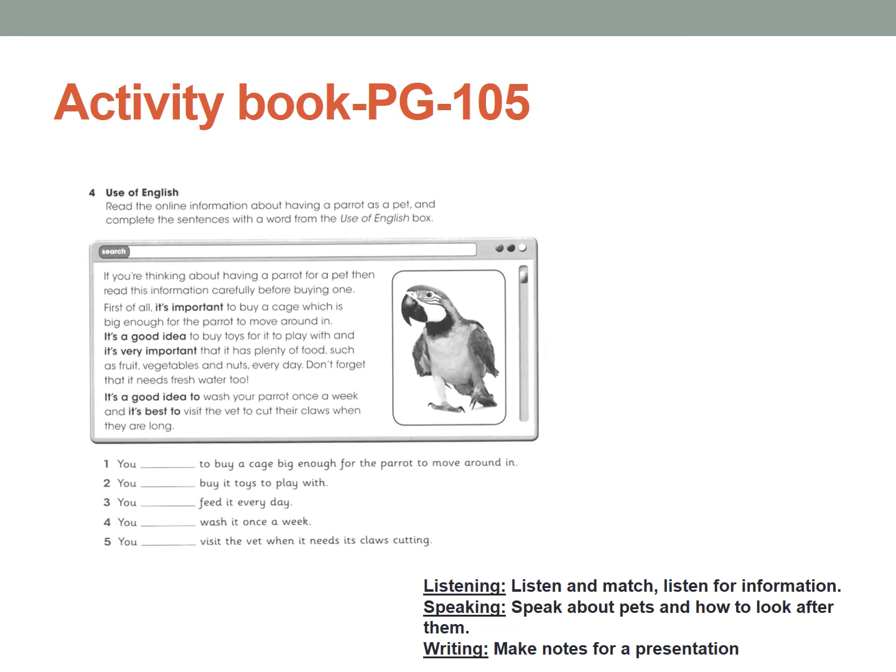So you know you need to complete the sentences now. Like, you have to buy a cage big enough for the parrot to move around. So you need to use must, should, need to, or have to. However, it's possible, so you need to write your own. You need to write down must, have to, need to, or should. So let me see how you'll use those sentences in the blanks. Once you finish, just check your answer in the next slide.